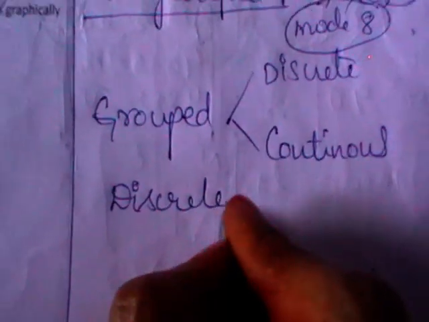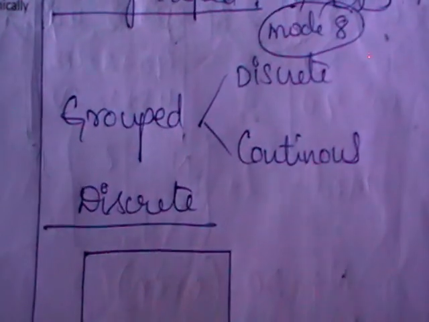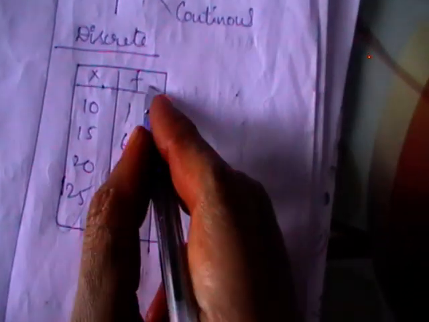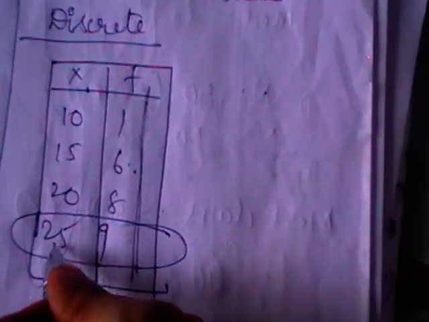So if this is a discrete series, discrete means you will be given data in this way. Is it discrete or continuous? This is a grouped frequency, and as you have single observations in the first column, we call this discrete. You try to identify the maximum frequency here, which is nothing but 9. This value directly gives you the mode.